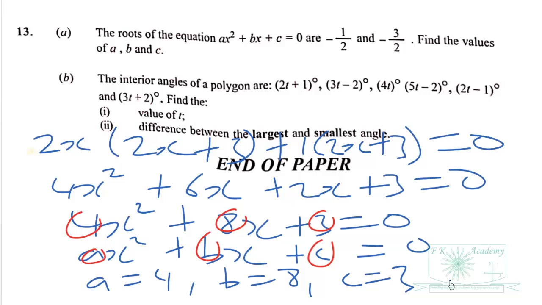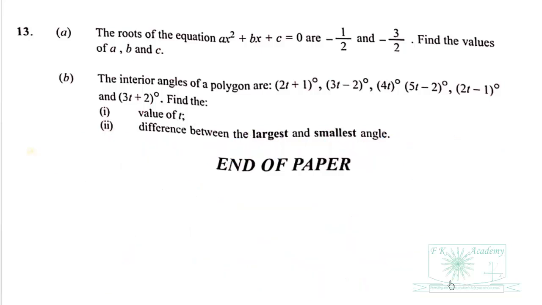And let's look at the b part of the question. We are given the interior angles of a polygon to be 2t plus 1 degrees, and so on, up to 3t plus 2 degrees. We have to find the value of t. So remember that the polygon will have how many sides? 1, 2, 3, 4, 5, 6 sides. So the sum of all the angles is given by n minus 2 times 180. And that will give us the sum of all these angles here,